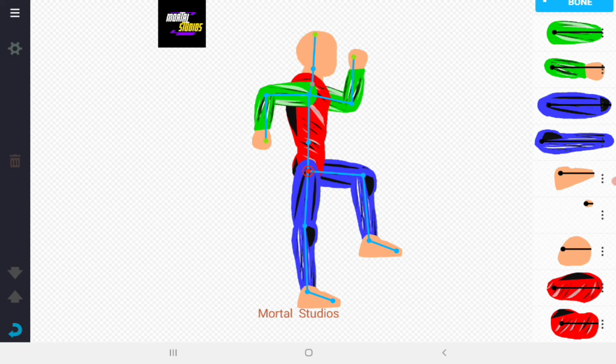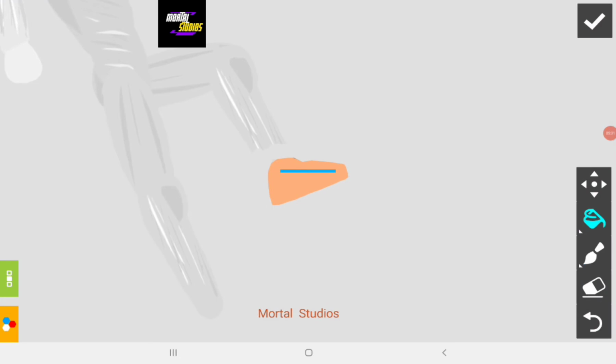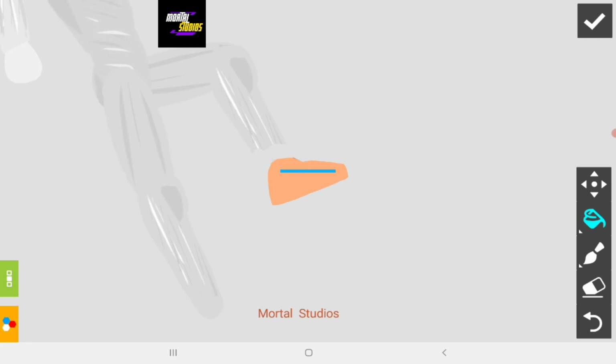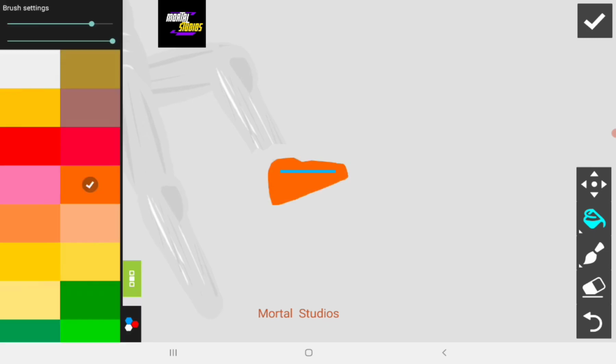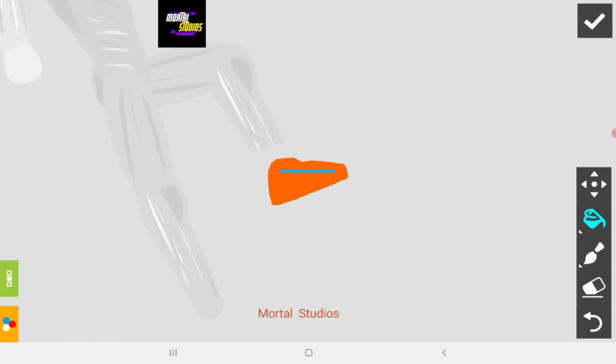Now we'll make the shoes. Click on the shoes which are here, edit it. We'll give the color, we'll give orange color for the shoe, double click, done with that. Now we're going to give something like a patch of grey.